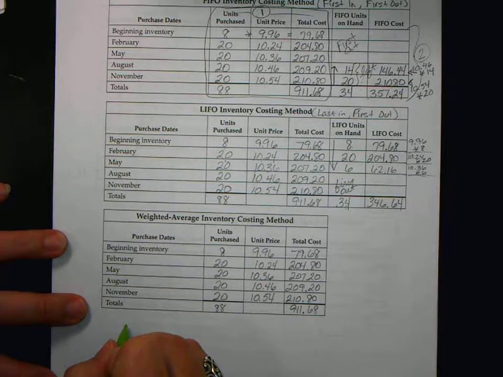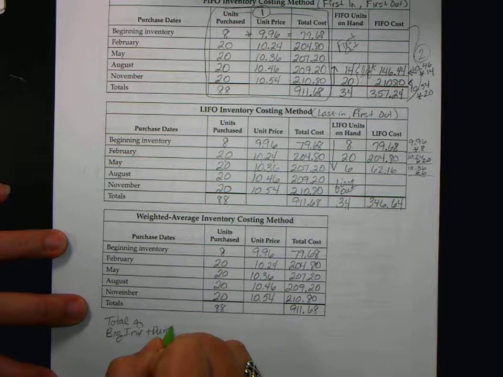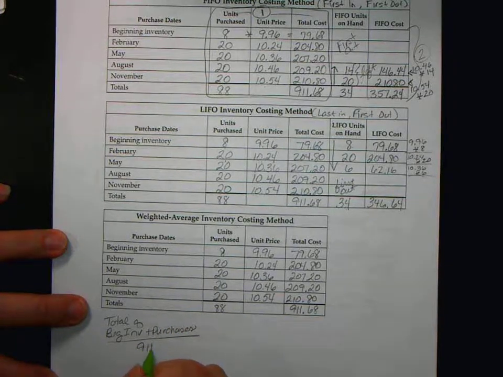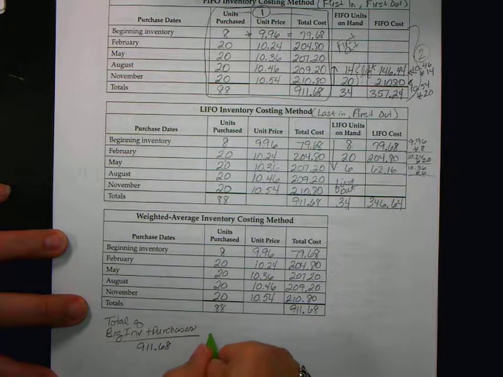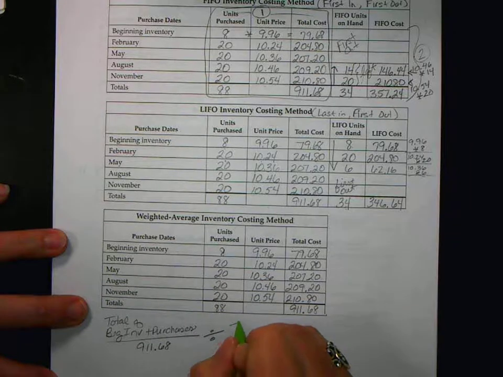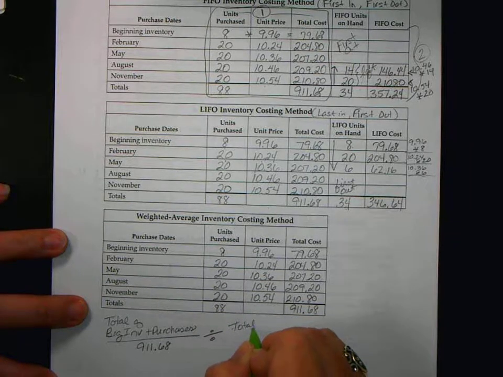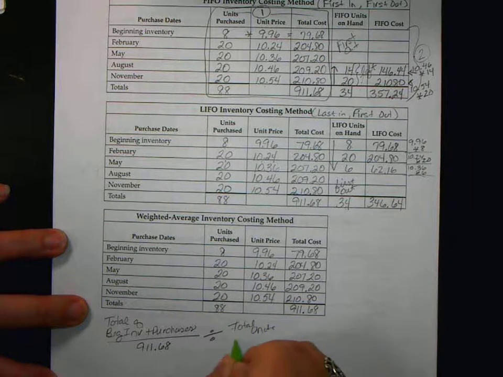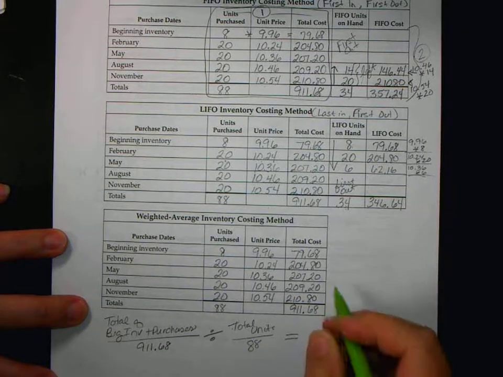So the total of beginning inventory plus purchases is 911.68, divided by the total units, which is 88, equals